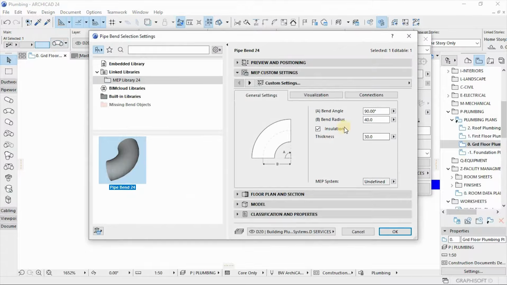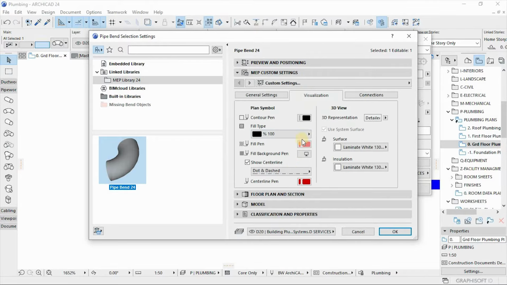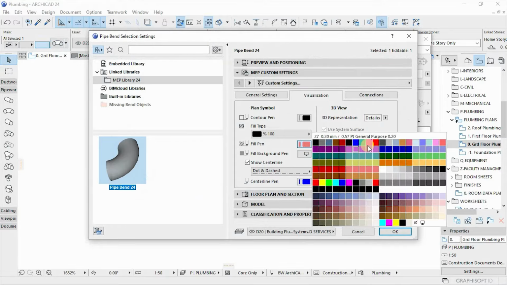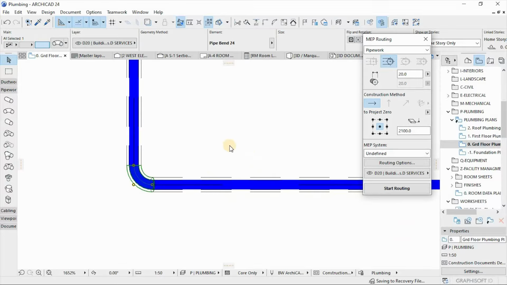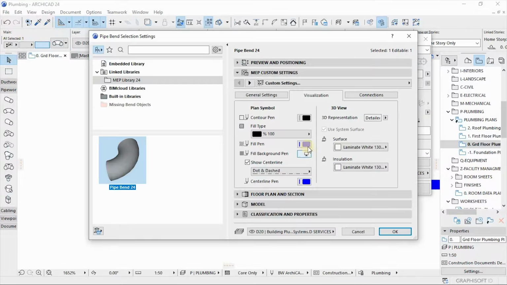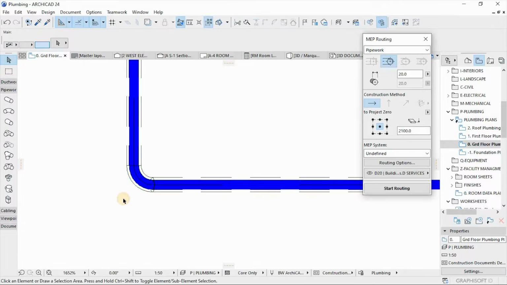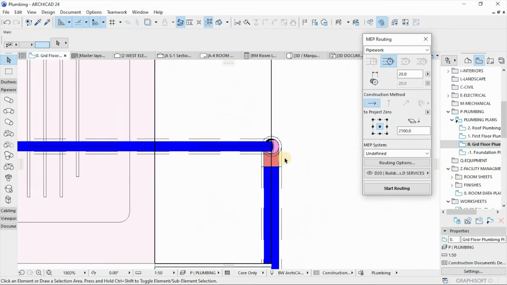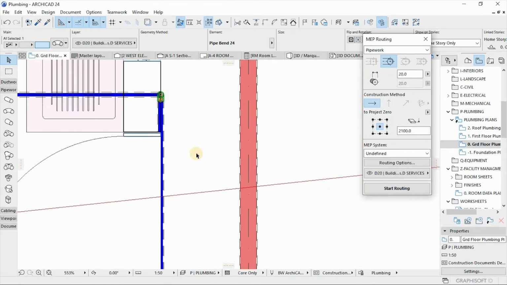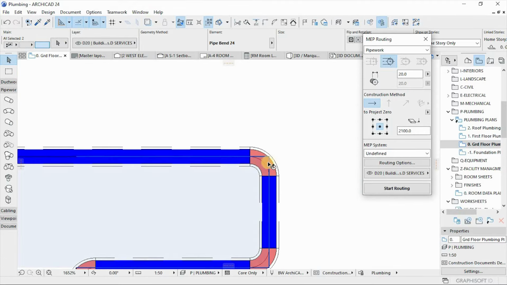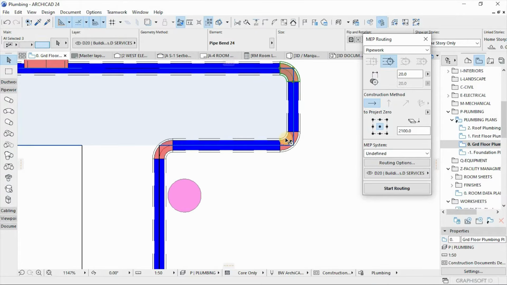So I'm going to change it to thickness 5, and then in visualization change this to blue, then okay. It didn't change that to blue. Oh, sorry, I forgot to change the center line to black. Perfect. So I think even that one needs to change. I don't know what happened. There we go. Select all of them, then